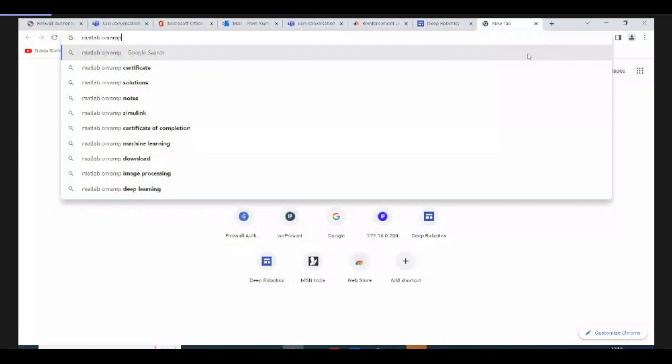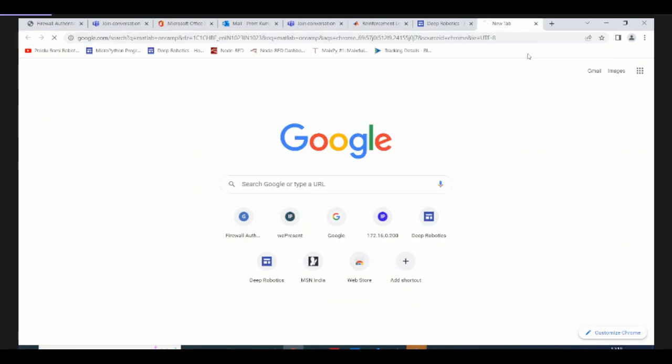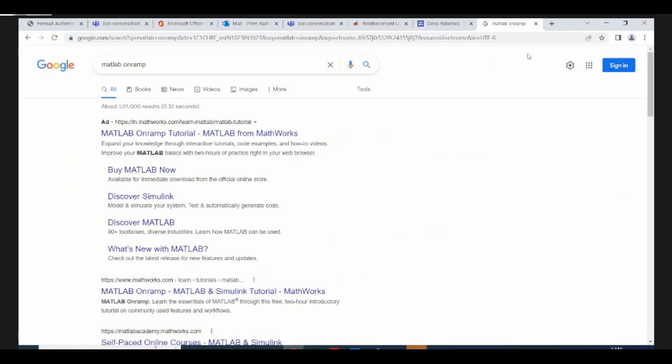It's a free training program. It's a self-learning training program. For this, only a MATLAB account is necessary. That's all, only a MATLAB account. And if I click MATLAB Onramp, then here I have MATLAB Onramp. If I click on this one,